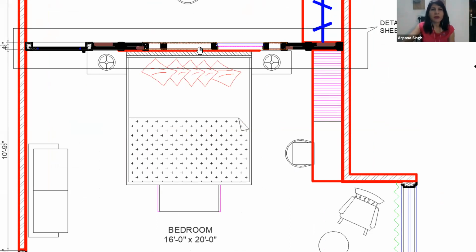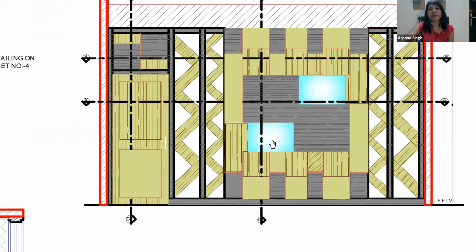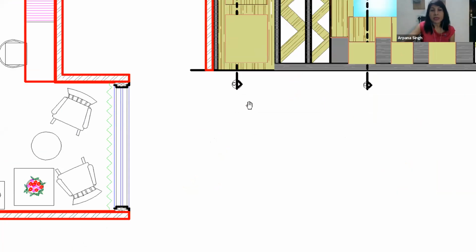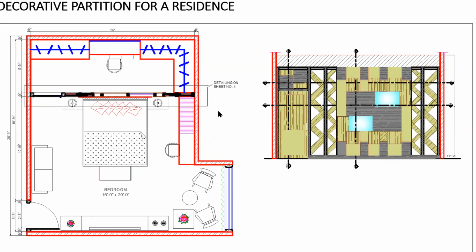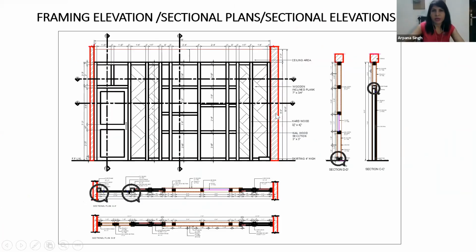There is a door here, and this is totally solid, but a lot of reflective mirror has been used. This is reflective mirror at the back, and zigzag paneling has been created. Then here you have the bed, and the back wall of the bed is like this with the glass here and the panels here. So quite a complicated kind of design. But that's the kind of detailing that is expected when you make a drawing, and the drawing that has to be sent to the site.